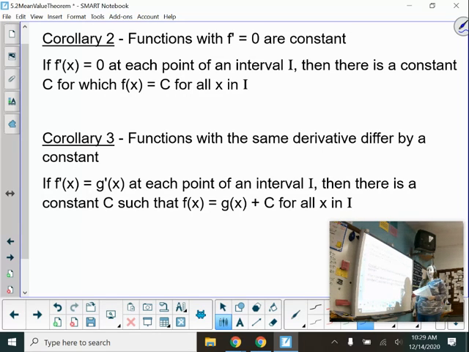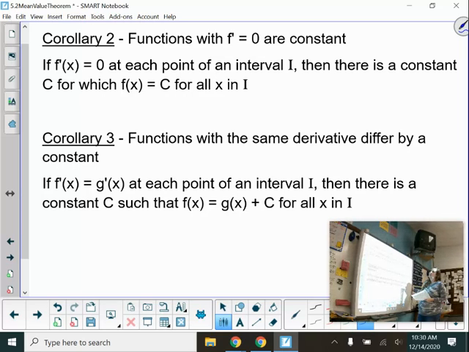A video for 5.2, the mean value theorem. And this one picks up with two different corollaries that deal with thinking backwards about functions. And the thinking backwards is basically our integral or antiderivative lesson. So you're going to get kind of a taste of where we're going next based on what these two corollaries